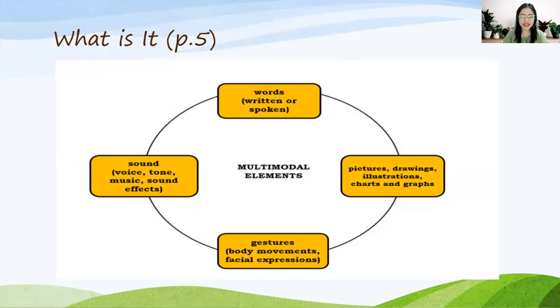As human beings, we communicate our ideas to others using a variety of ways or modes. When we say modes, these are the means. In Tagalog, paraan. So multimodal means many modes. Since multi means many, a lot, maraming paraan. Okay? Multimodal